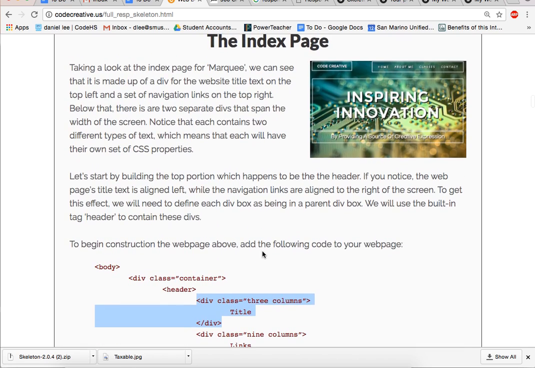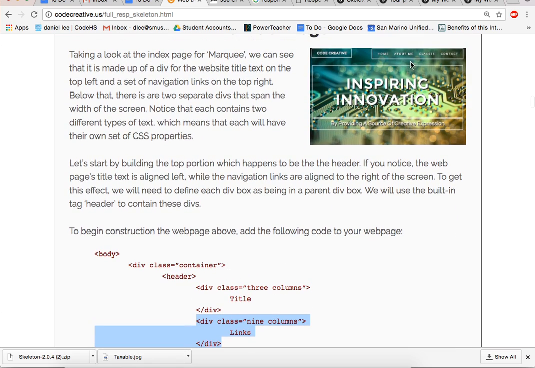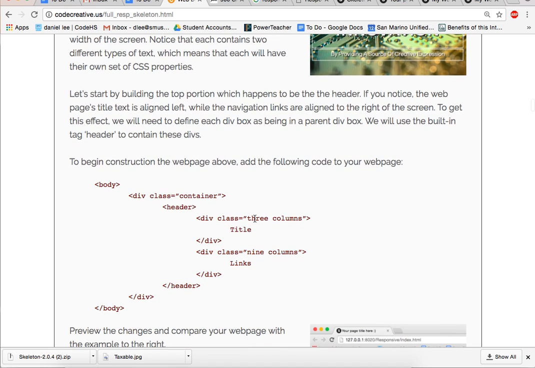Is we're going to add a 3-column wide box, this one here. And then right after that, we're going to add a 9-column wide box over on the right side. And if you notice, 3 plus 9 add up to 12. And 12 is, again, the max size, the max number of columns that are in the container. Okay, so let me go ahead and copy this, go to my